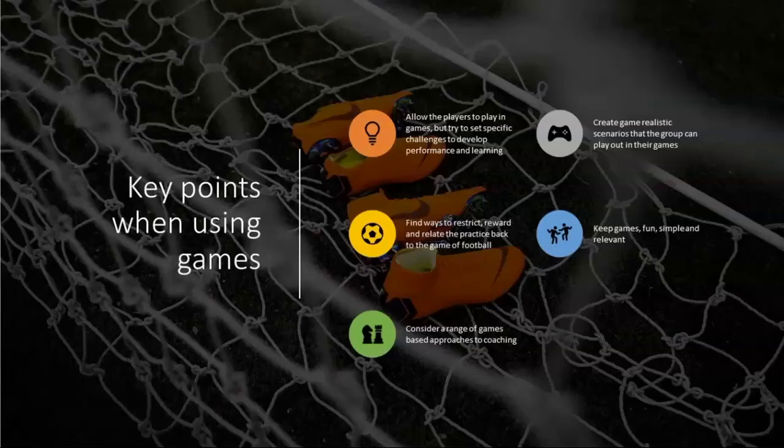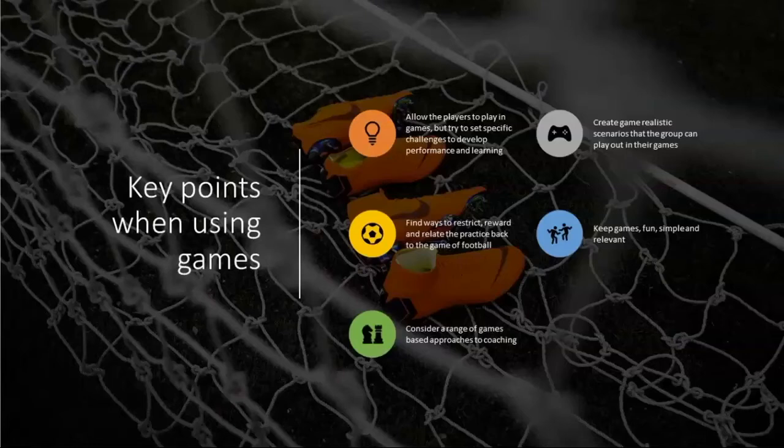Because actually, we all know that having 3 touches when you've got an open goal in front of you isn't appropriate to the game. So giving them a choice: now I can use 1 when I can play it quickly, or I can use 3 where I've maybe got to be a bit more creative. It gives a bit more autonomy to the players in the way they play. So restrictions are really, really interesting to look at.